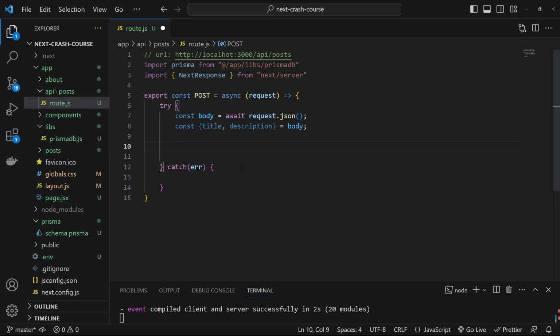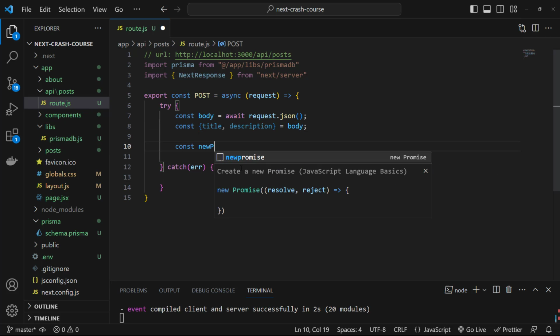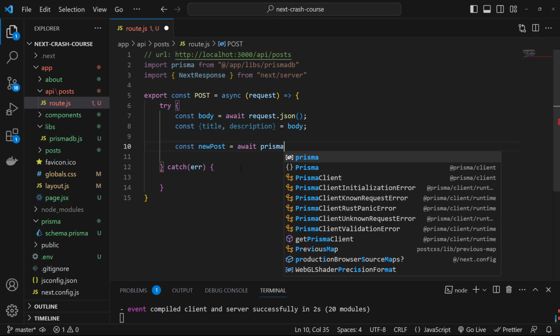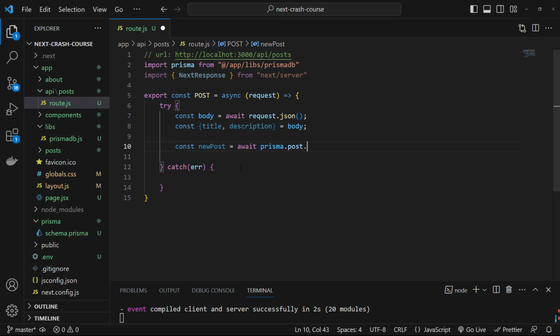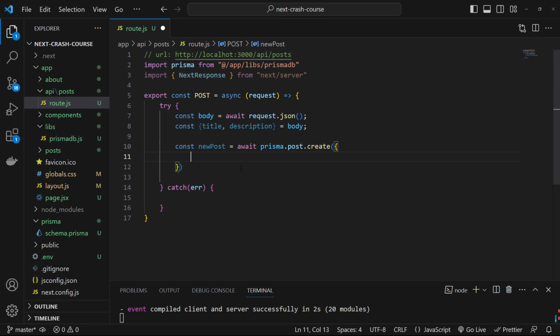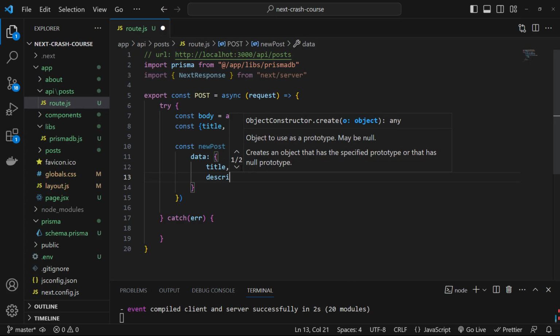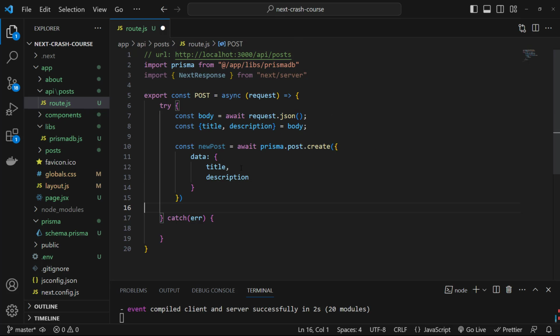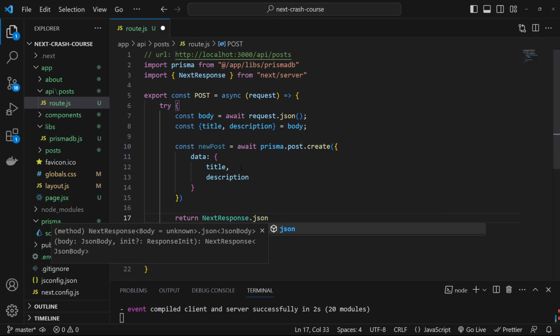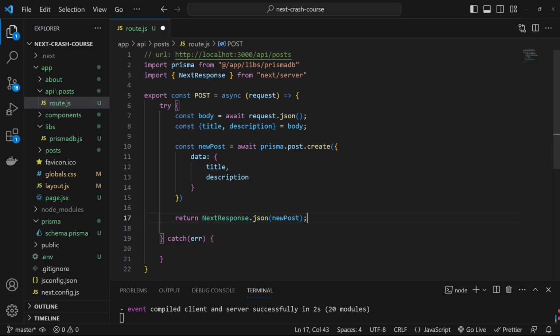Below that let's say const newPost equal to await prisma.post.create. Now we need to pass the title and the description to the data. So let's say data: title, description, and finally we want to return NextResponse.json(newPost), and